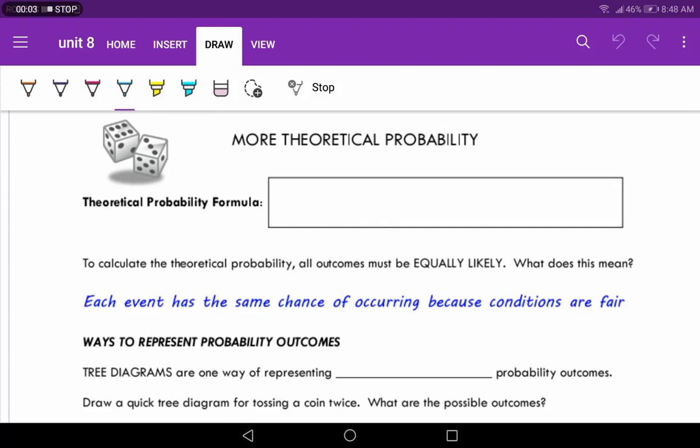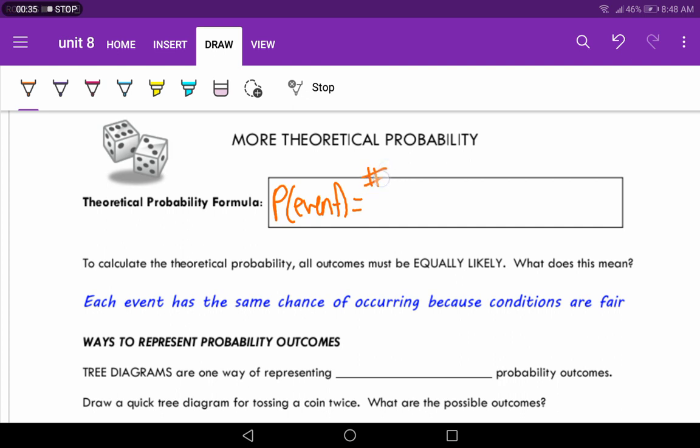This is the third lesson of our last unit, Unit 8, on probability. In this note specifically, we will be expanding on the ideas of theoretical probability that we discussed in the last lesson. Just as a refresher, the equation that we use to calculate probability, or specifically theoretical probability, is the probability of an event